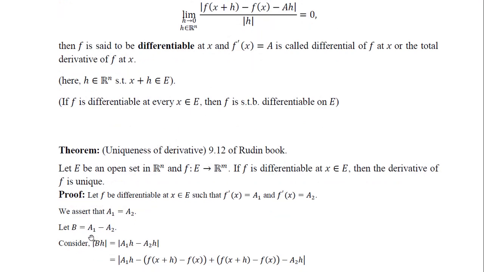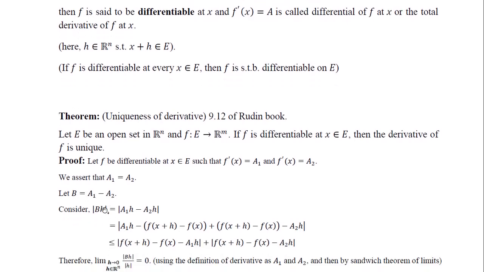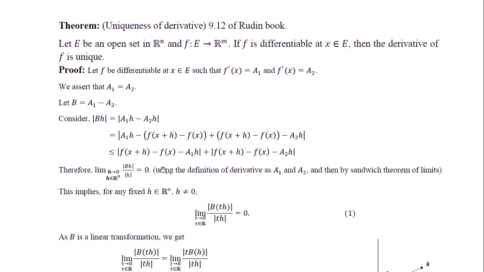And now let us see how we can utilize what we have got in terms of these two limits. If we consider b equal to a1 minus a2, then what is the norm of bh, where h is any domain element for the linear transformation b, that means h is any vector from Rn? Simply let us apply the meaning of b. B is a1 minus a2, so bh will be a1 minus a2 applied to h. Then applying the definition of a1 minus a2 as a linear transformation, it will become a1h minus a2h. And therefore what we will get is what we have already got in terms of the derivative as a1 and in terms of the derivative as a2.